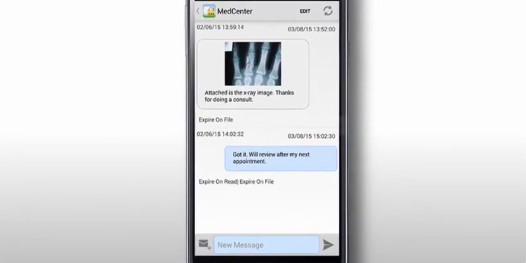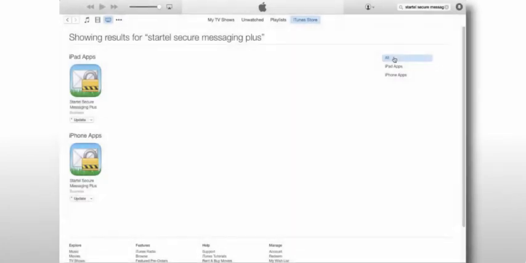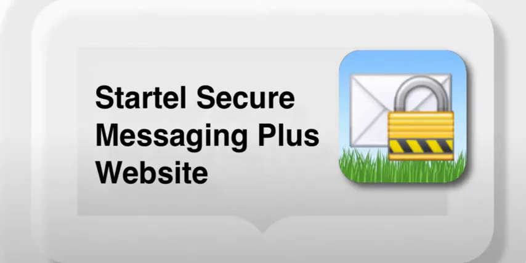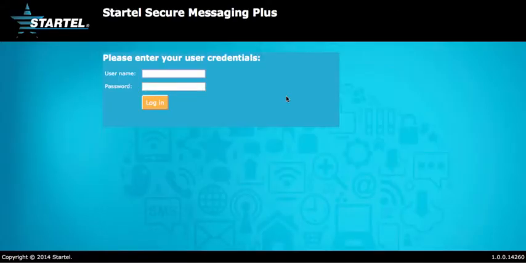exchange sensitive information. SM Plus is accessible by an application downloaded from the App Store to your smartphone, as well as a website. For today's demo, we will focus solely on the features and functionality of the SM Plus website. The SM Plus website is what we're seeing here. It can be accessed at